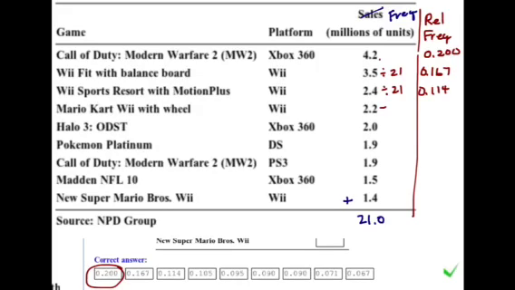0.114. 0.105. And this is how we work our way down the list. So we get a relative frequency for each value. Okay, so let's see, this will be 0.090. This is the same again, 0.090, 0.071, and 0.067. So we could say that the first game takes up 20% of the sales, the next one is 16.7,